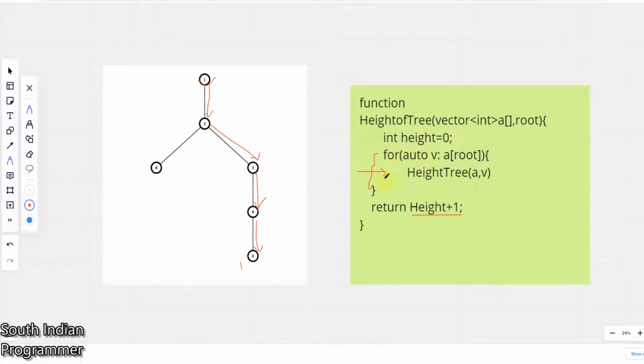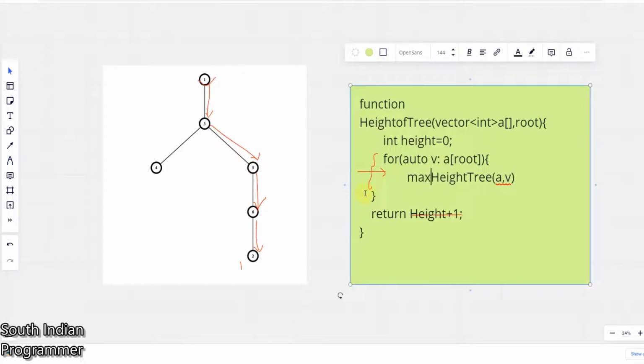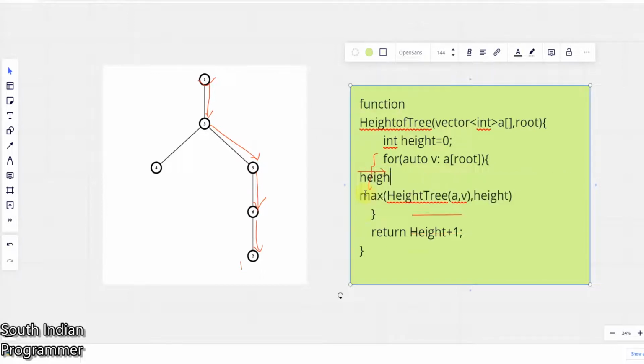So what I have to do is find out which is maximum, from whatever adjacent node below this 6, is it greater or this height is greater. So I have to write a max. So here max of height comma